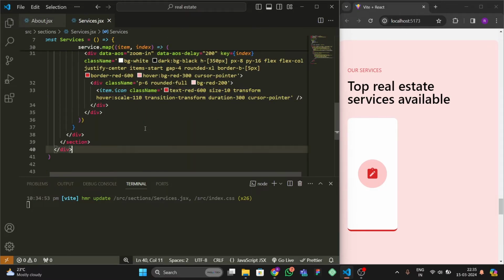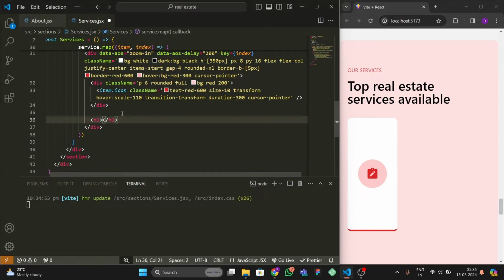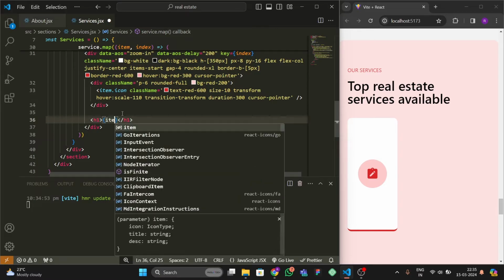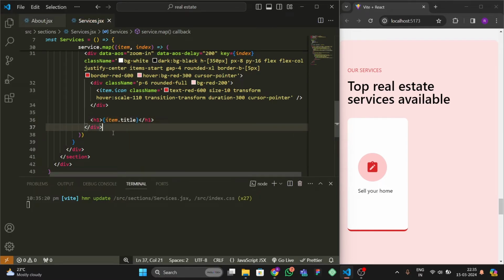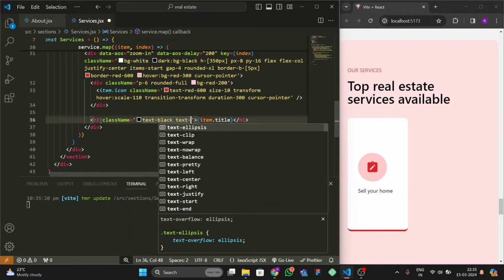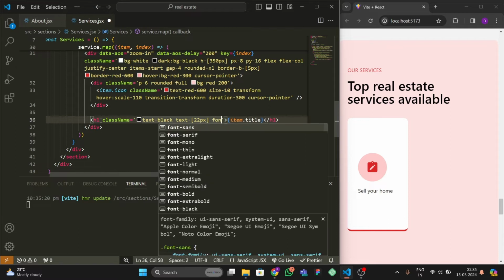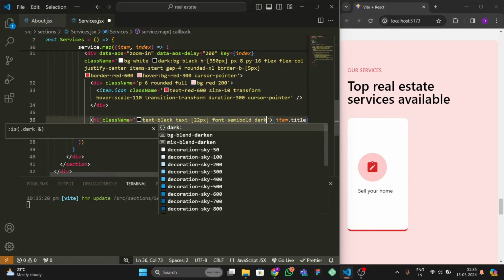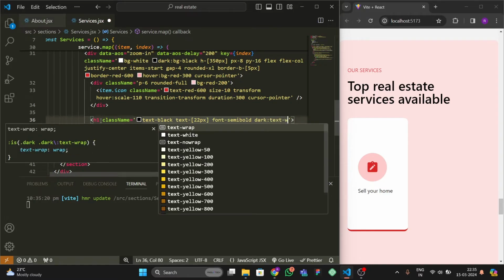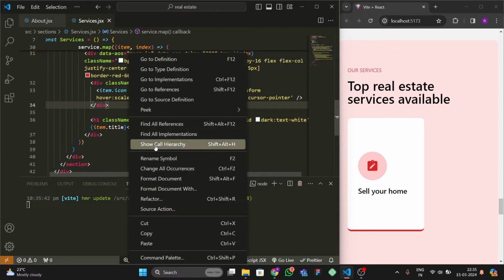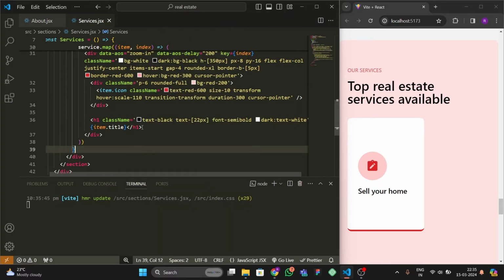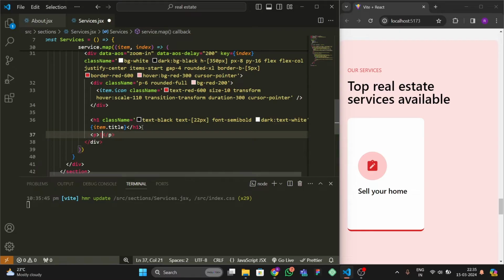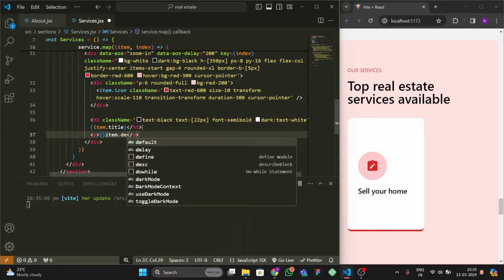After that, item dot icon, we have to go outside this div. Okay, so let's write it here h1, and here I'm gonna write item.title. Okay, and for the h1 give some text black, custom 22 pixel, then font semi-bold, so it will give us font weight of the semi-bold, and text white. Okay, and after that what you have to do, you have to just go here and open a p tag,